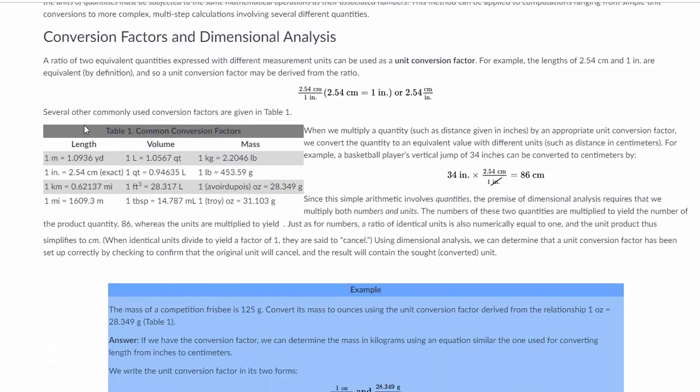So there are some conversion factors located in this table on the e-text, and some of these conversion factors, specifically those between common units or English units and the SI units, you don't need to memorize all of those. It would be a really good idea to memorize that 1 inch is 2.54 centimeters. It would also be a very good idea to know that 1 kilogram is 2.2 pounds. Beyond that, you should be given a lot of these conversion factors if you need to convert between SI units